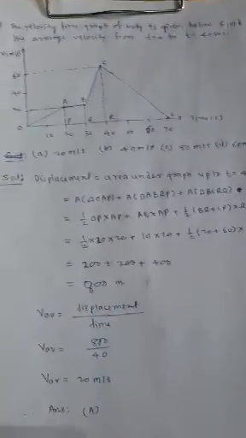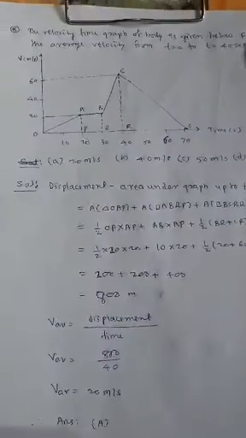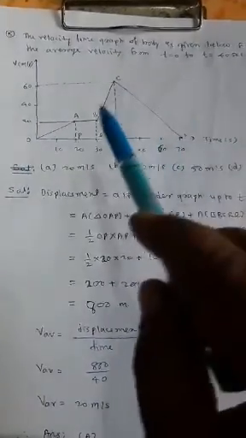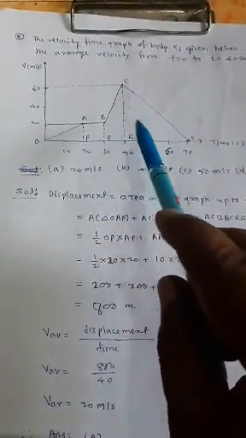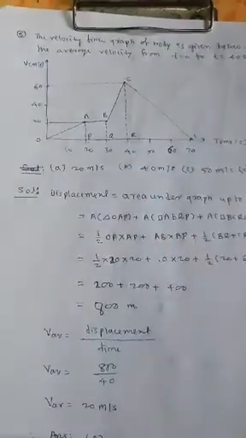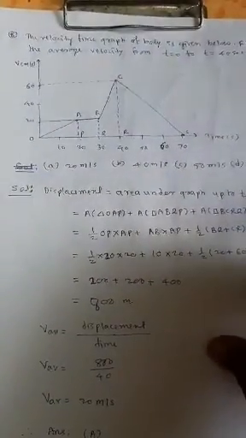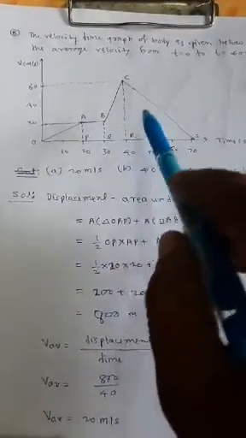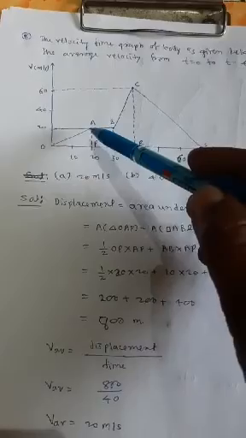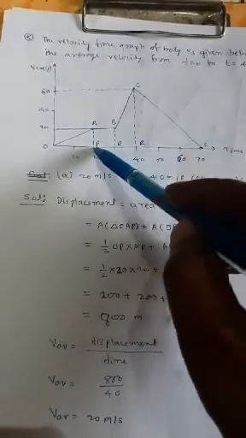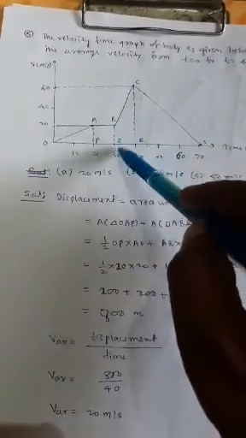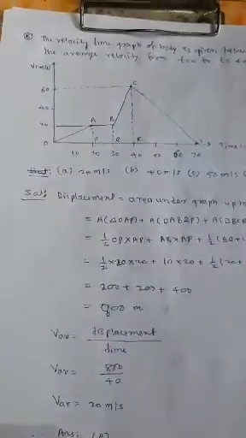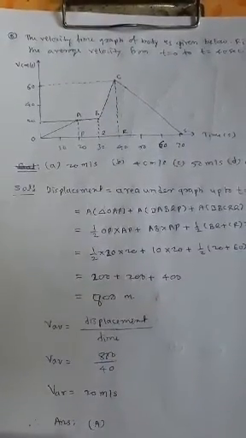How to determine the displacement or distance covered? Displacement or distance covered is equal to area under the graph. So first of all, we have to determine the displacement, means area under the graph. Now, split this region under the graph into suitable forms. Make AP perpendicular on x-axis, BQ, CR, these are the perpendiculars on the time axis or x-axis.